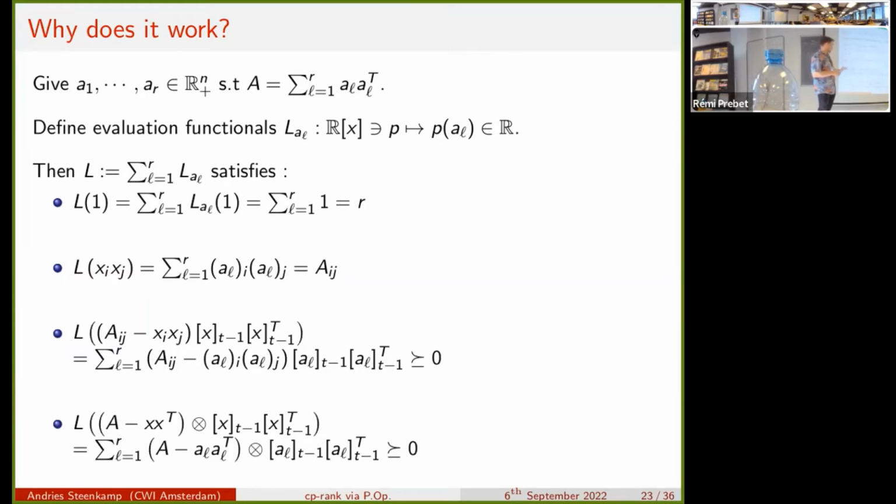So, I guess the only one here worth talking about is this last one, our weird tensor constraint. It's obviously PSD because you plug in your a_l to end up with a PSD matrix, and the tensor product of PSD matrices is PSD. Pretty much straightforward. So that whole hierarchy we've built is just every constraint has the intention of slicing out a linear functional which doesn't have the similarities to this function we've constructed. That's the intuition.